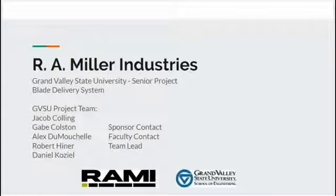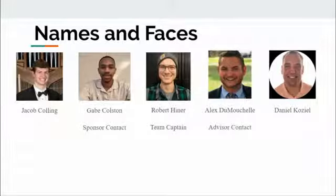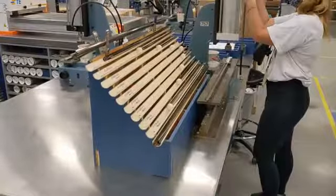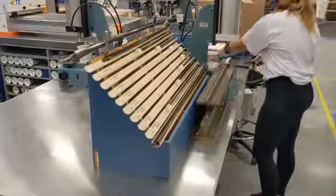R.A. Miller Industries, or RAMI, is a manufacturer of commercial and military antennas. The assembly process for one of their most successful products, the blade antenna, has a notably low time efficiency. The purpose of this project was to explore possible systems that may be employed to increase the efficiency of this